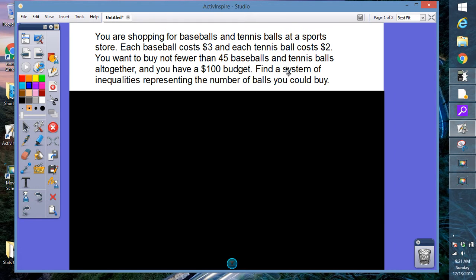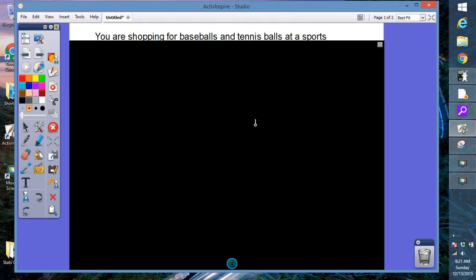In this case, you could let x equal the number of baseballs you're purchasing. Let y equal the total number of tennis balls you're purchasing. If you like your variables to match the words better, so you can track them better, you could say let b equal the number of baseballs purchased, and let t equal the number of tennis balls purchased. So whatever your preference is. All right, so when you're setting these up,